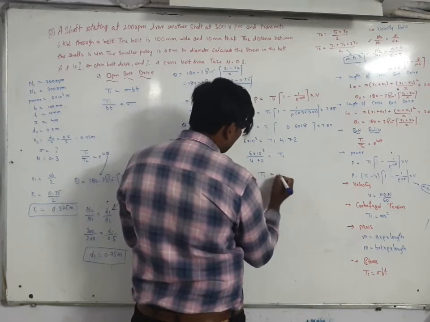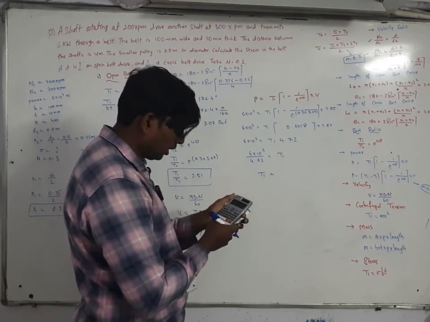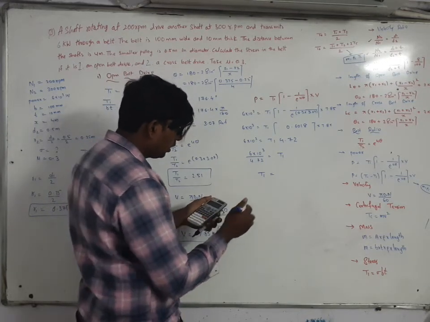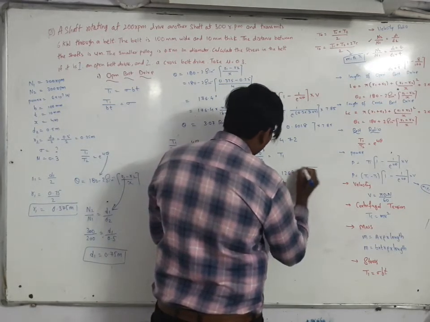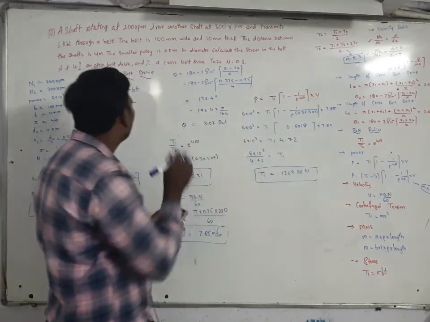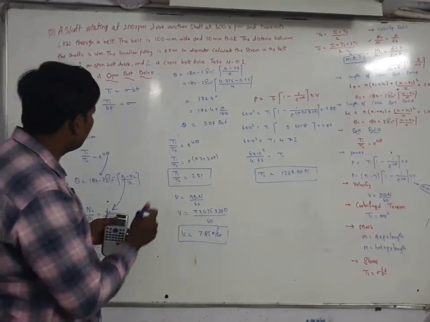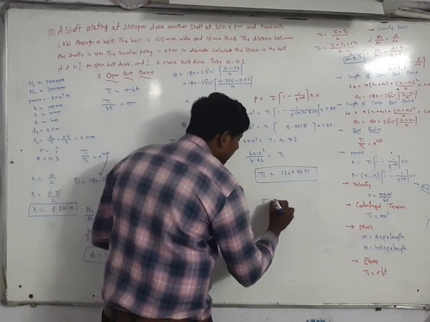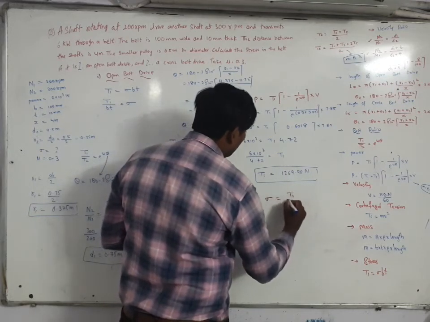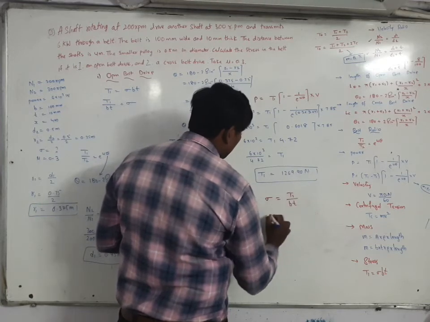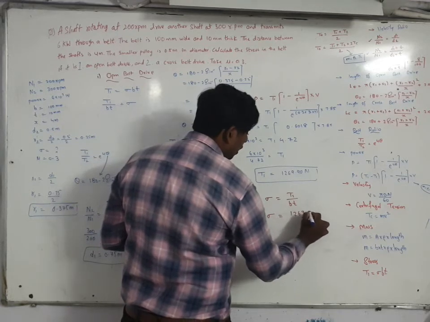So T1 is equal to 6 into 10 to the power of 3 divided by the answer. So here T1 you got 1269.90 Newton. The answer should be in Newton, but he is asking to find out the stress. To find out the stress, what do you have to do? See here, sigma is equal to, what is the formula here? Sigma is equal to T1 by b into t. So sigma is equal to T1, just now you got 1269.90.